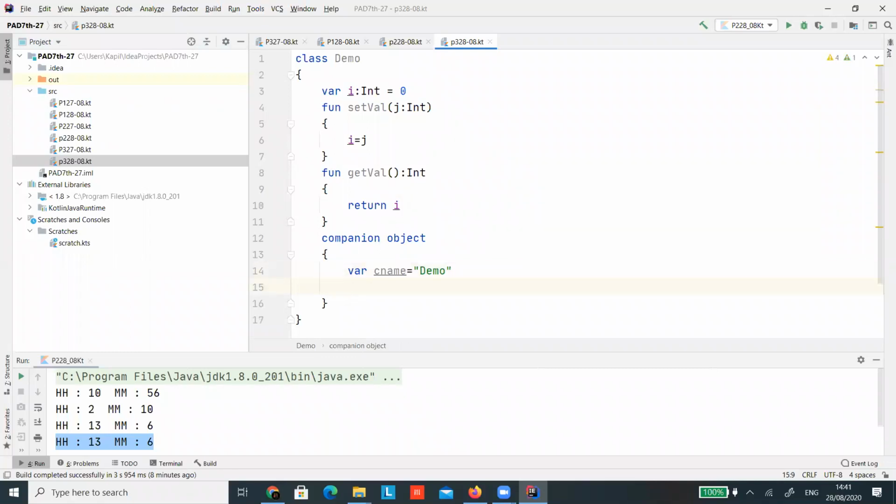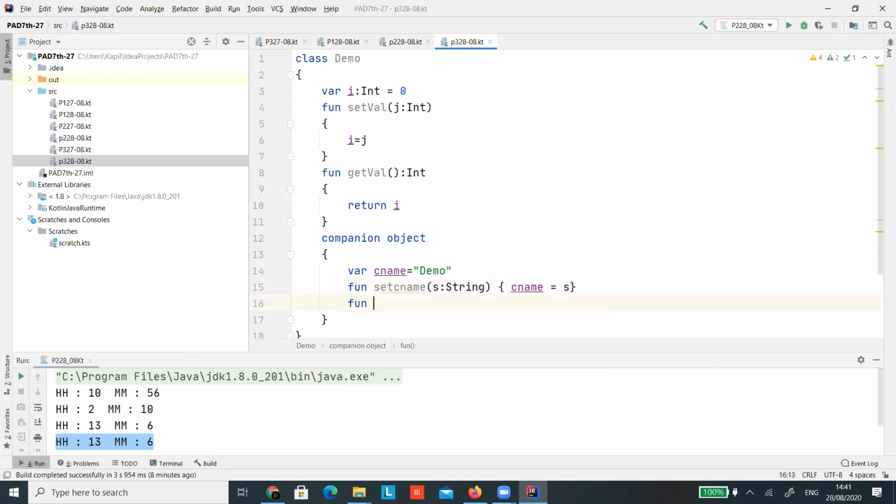Inside this companion object, you need to provide the get and set method. If you are not providing the set method and you write val instead of var, then it is not going to be changed. Here you can write the function setCname, where s is a string, and inside it write cname equal to s.